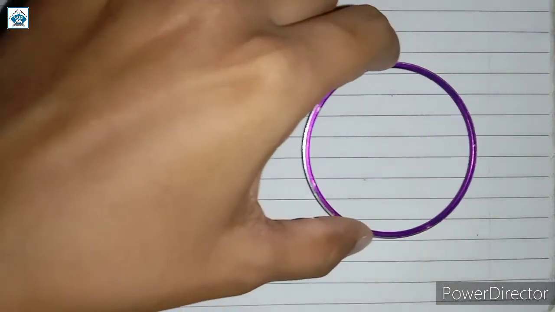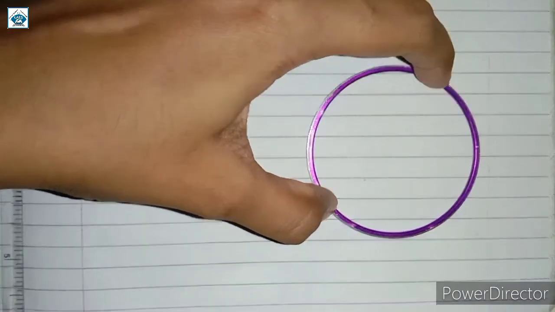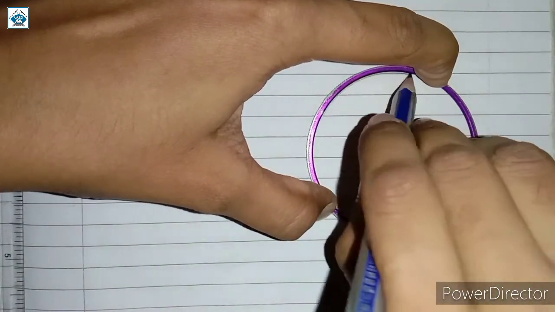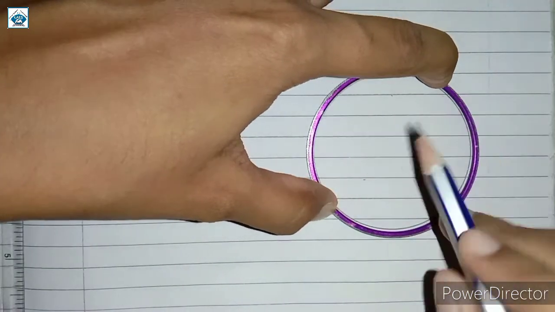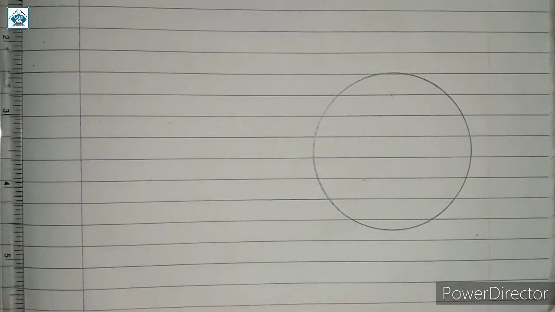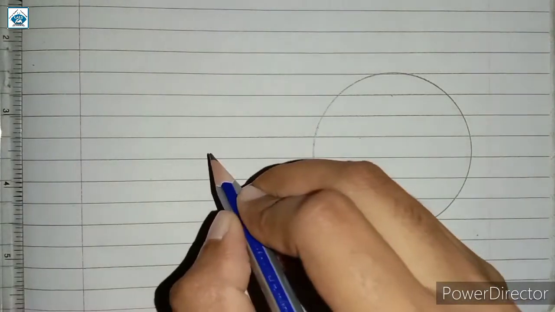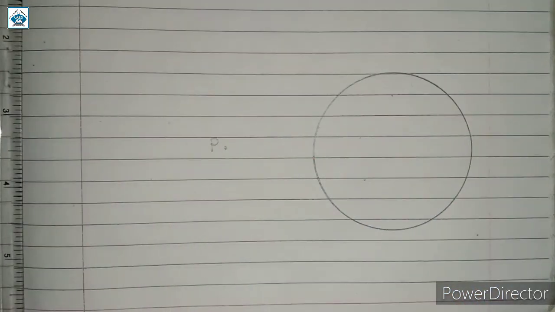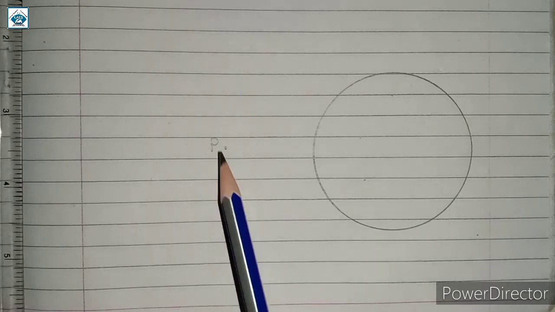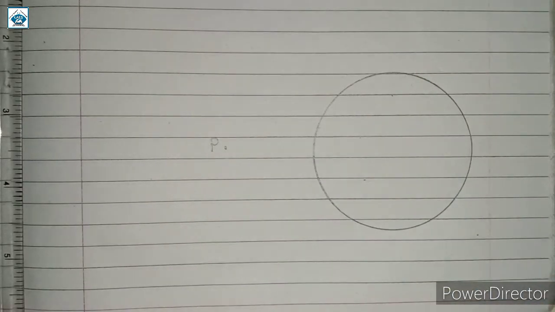So over here, let us draw a circle with the help of this bangle. So we will not know the center of this circle, nor do we know the radius of this circle. So यहाँ पर एक circle construct कर लिया है and we are told to take a point outside the circle. So over here I have taken a point P. No measurements are given to us. We are asked to construct the pair of tangents from this point to the circle.